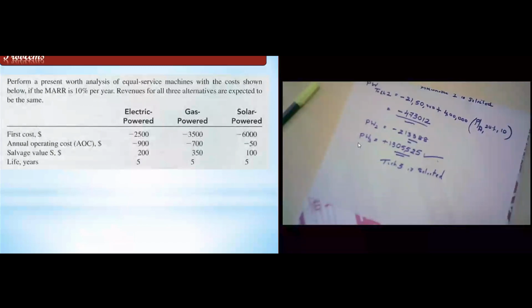Say alternative 1 has a 10% interest rate, alternative 2 has a 12% interest rate, and alternative 3 gives you a 14% interest rate. But the company has set the criteria that the interest rate should be say 11%, or 12%. So in such cases, my MARR value is 11 or 12%, which is nothing but the interest rate set by the organization.